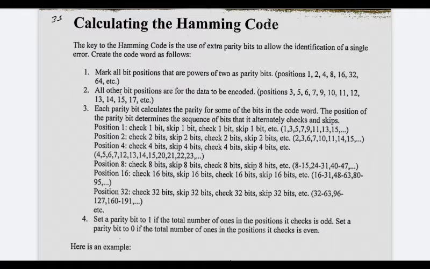Is it clear? From this position you check 4 bits: 4, 5, 6 and 7. Next leave 4 bits. Next check 4 bits: 12, 13, 14 and 15. Next leave the 4 bits. Next start from 20, 21, 22, 23. In this way, in these particular positions, once again you count the number of ones.